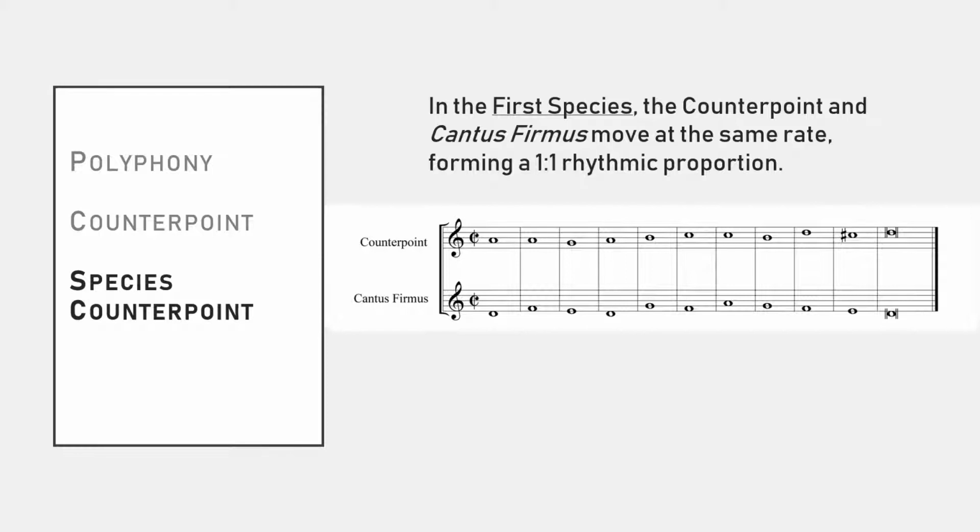Notice that this example is written entirely in whole notes, but it could have been written all in half notes or all in quarter notes. The duration doesn't matter. What's important is the proportion between the voices, that one note of the given melody is counterpointed against one note in the new melody. We also don't care what instruments are playing or whether it's loud or soft. This is a thought experiment. It's the most pared down possible polyphony.